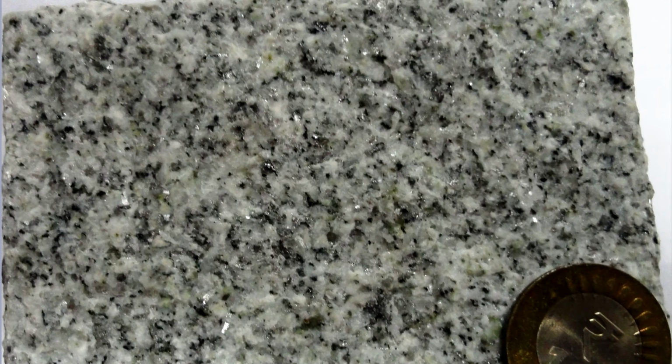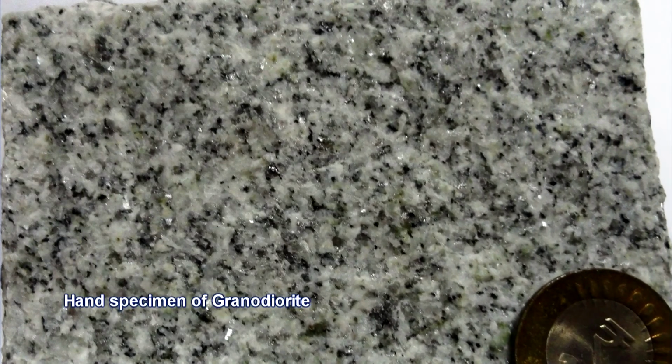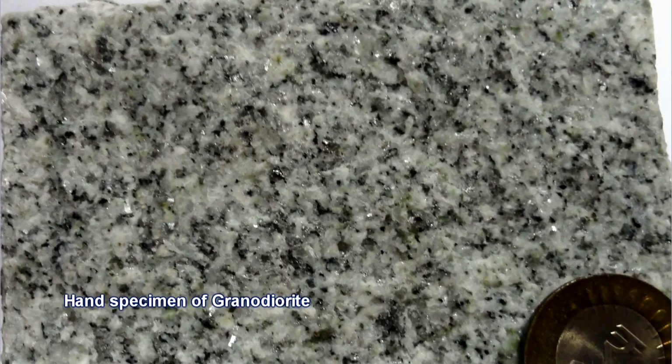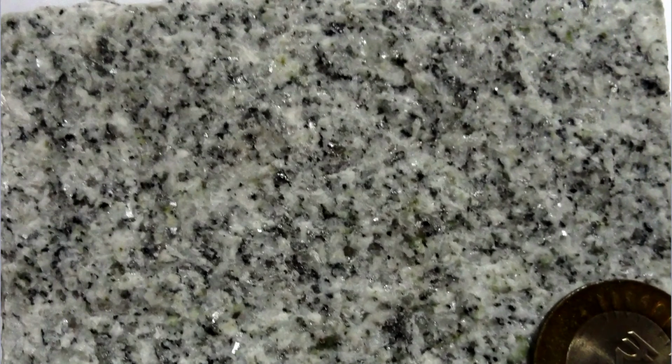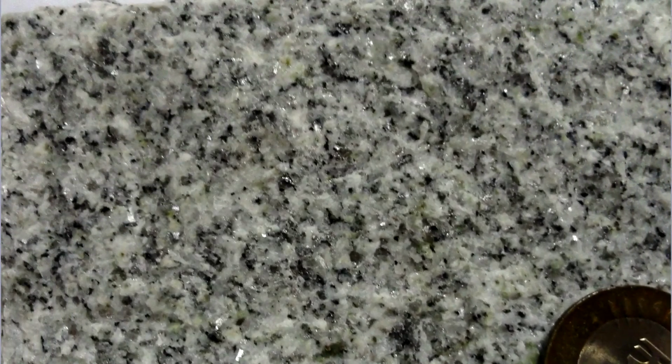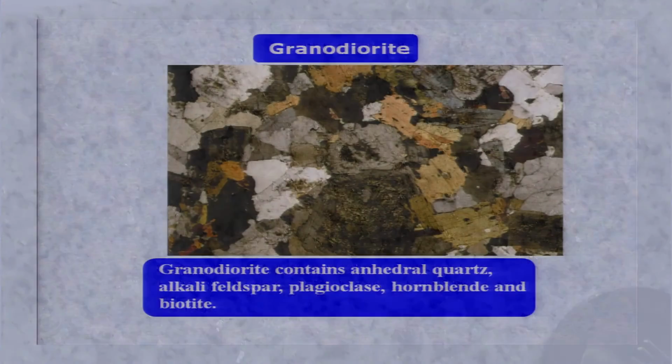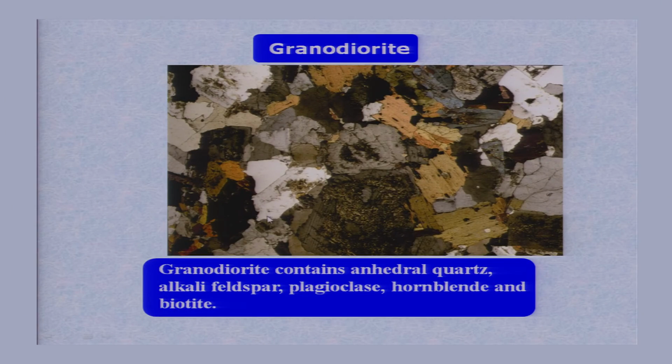I am citing an example of granodiorite. Granodiorite and granite, they belong to the same group, but here they display different types of texture. Granodiorite contains anhedral quartz grains. All the grains, this is a quartz, see carefully, the quartz grains are anhedral. Not a single crystal face is well developed. So, the grain is anhedral in shape. Alkali feldspar, that too is also anhedral in shape. Plagioclase is anhedral in shape. Hornblende, this crystal is of hornblende crystal, is again anhedral in shape.